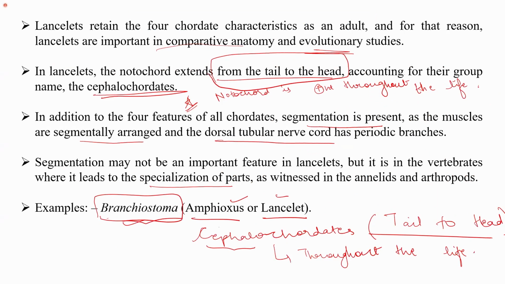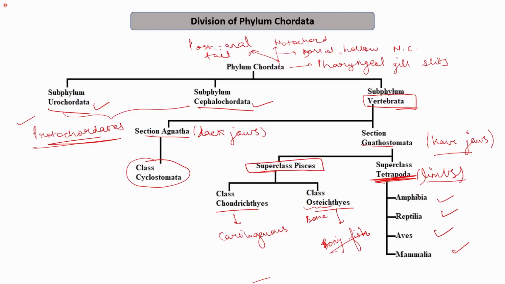Even short, if I'll try to just recapitulate this. So phylum Chordata is divided into three different subphylum, which is Urochordates, Cephalochordates, and Vertebrata. Urochordates and cephalochordates are not vertebrates. They are invertebrates, but they are chordates. So they do not have vertebral column, but they have all the chordate characteristics. However, the chordate characteristics in case of urochordates is present only in the embryonic stage, but in cephalochordates, it is